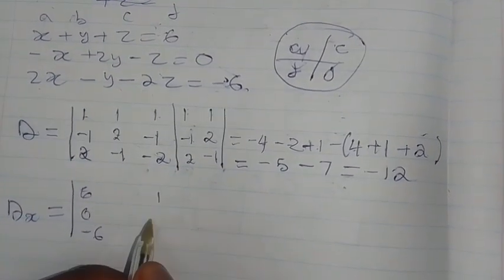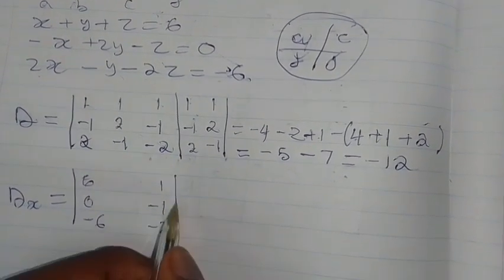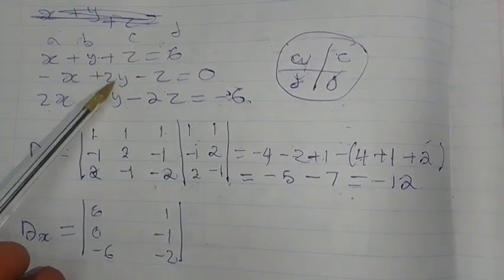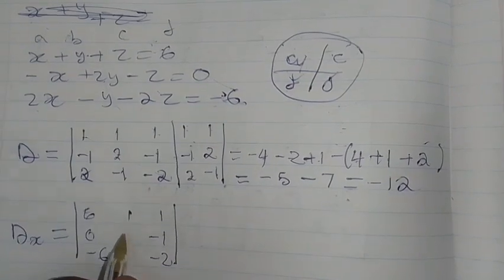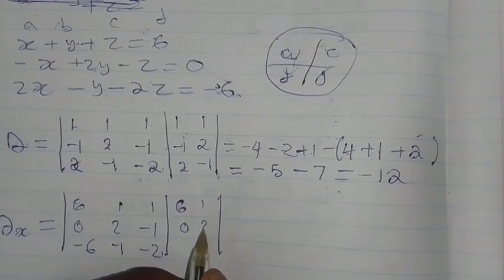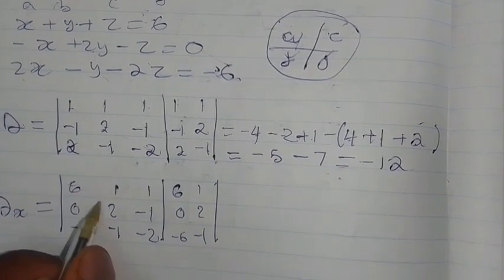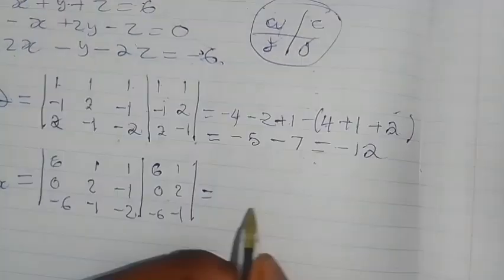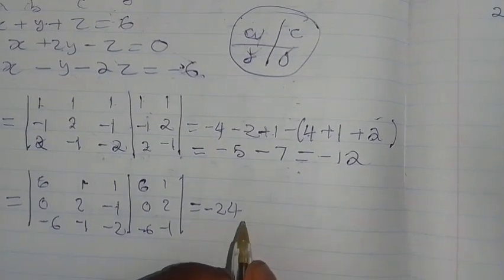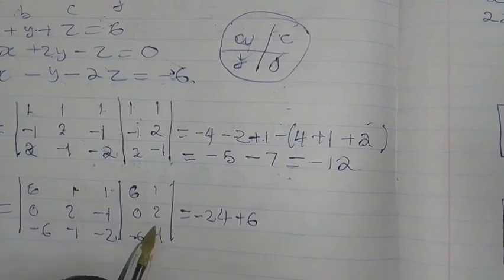So you have 1, minus 1, and then minus 2 here. And then, what remains? What remains is 1, 2, and minus 1. So you have 1, 2, and minus 1. Then, you copy the first two columns, and then minus 6, minus 1, and then you have 6 by 2 by minus 2, that's technically going to give you minus 24, and then you have 1 by minus 1 by minus 6, which is technically going to give you positive 6, and then this was going to give you 0,